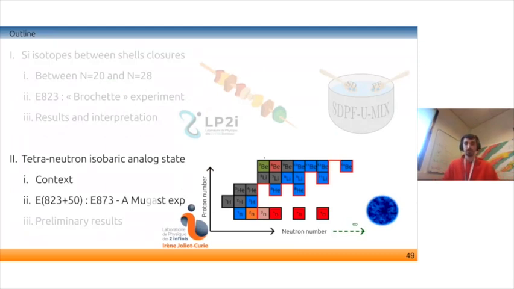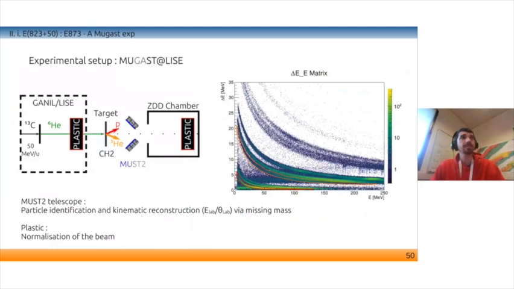So now I will move to the experimental setup that we used previously in July at GANIL, the MUGAST setup at least. So we used the primary beam of carbon 13 at 50 MeV per u, and fragmented it into helium-6, and using some plastic in order to normalize the beam,